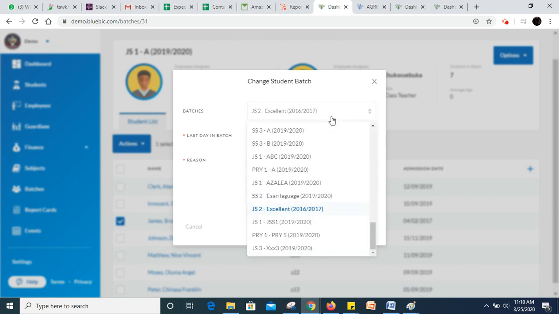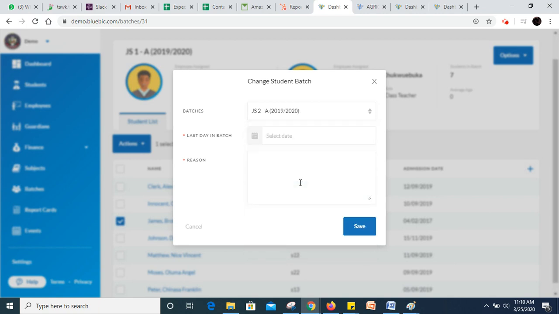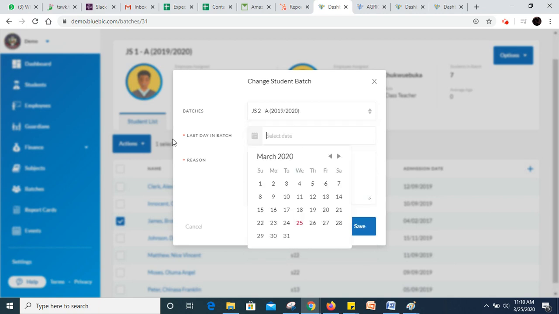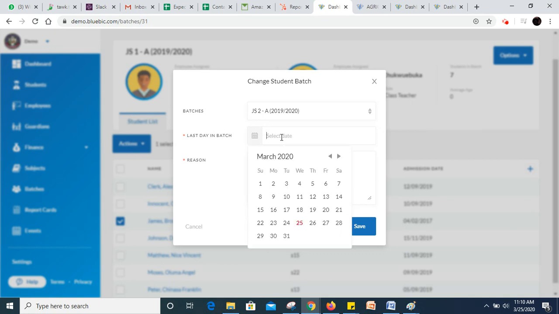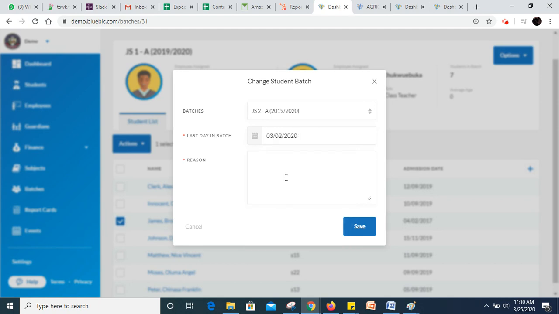Oh, that's in the last year. Let's say I'm moving him to JSS2. So I have to select the last day in batch, which means the last day he spent in his current class. If you don't know the exact date, just choose a date that is closest in your memory. So let me say I'm picking February. And the reason, for example, promoted to next class,